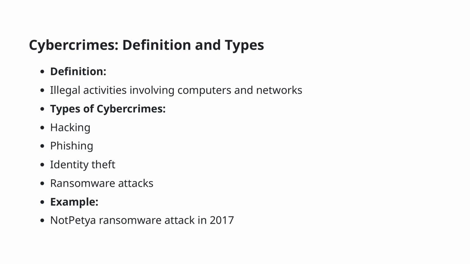For example, the NotPetya ransomware attack in 2017 caused significant disruptions and losses for numerous organizations worldwide. This specific case illustrates the potential severity of cybercrimes and emphasizes the need for robust cybersecurity measures to protect organizational assets. Understanding these facets is vital not only for the CISSP exam, but also for effectively safeguarding your organization against